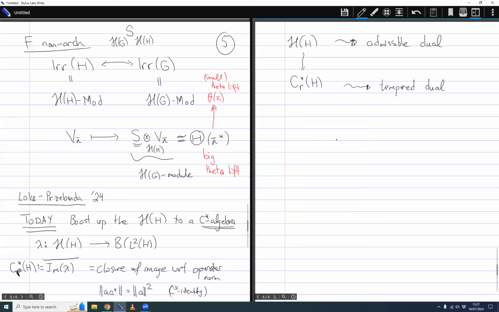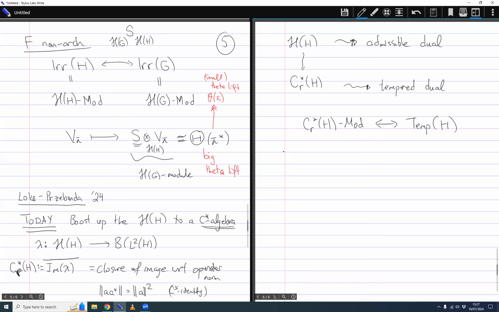So the tempered dual, you can say that as modules over the reduced group C-star algebra. So C-star H modules, I'll put it this way, tempered dual of H. Right. So